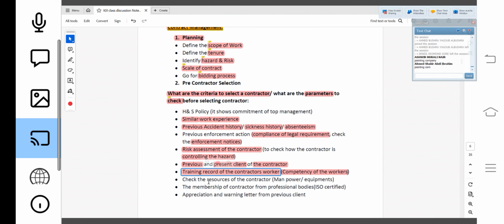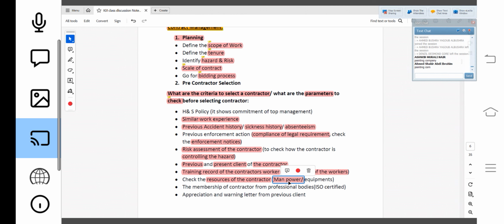I will also check the resources of the contractor, like how much manpower they have, and whether they have sufficient manpower to complete this house activity, or they will engage very few workers and give too much pressure to them, and under pressure workers may commit mistakes, and that may result in an accident.